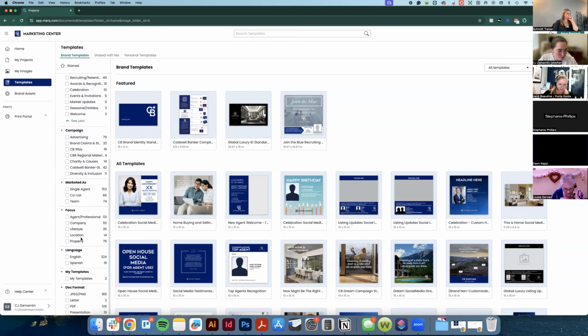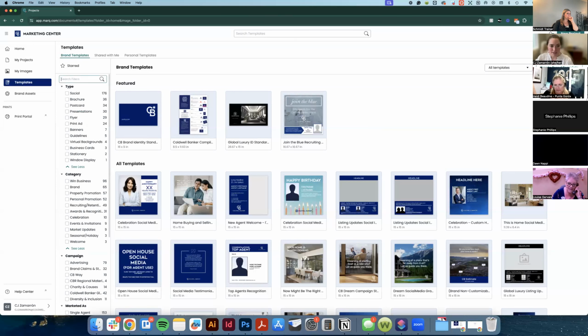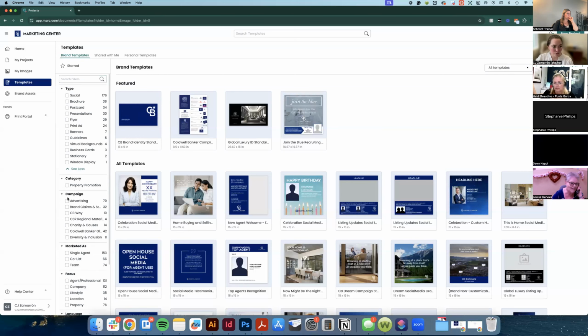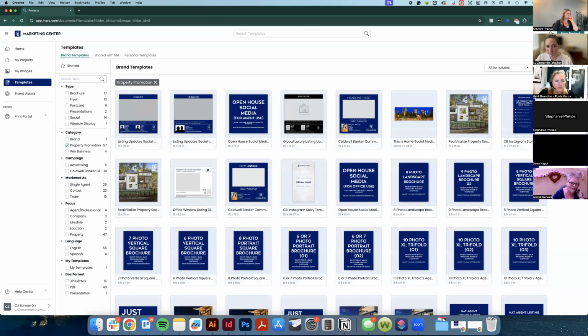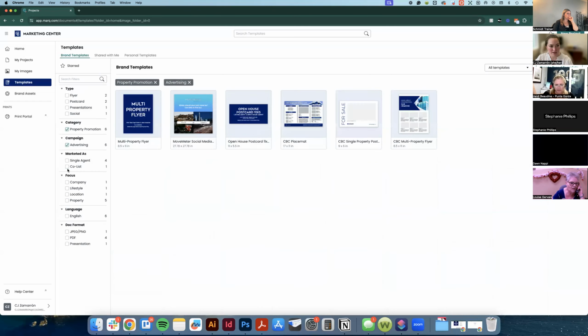Campaigns. Nope. Okay, so not what I was looking for. Commercial, that doesn't help either. Okay, so let's say we are looking for property promotion for a commercial listing. So we could say property promotion. I think this is Global Luxury. Yes. Okay, so let's do campaign advertising. You've got a commercial postcard template, a placemat, multi-property flyer. So you've got a couple options there. If I uncheck